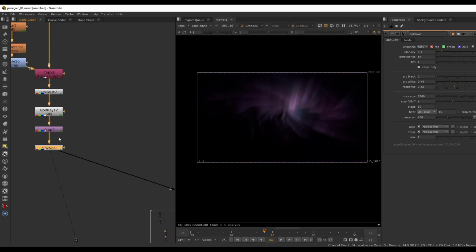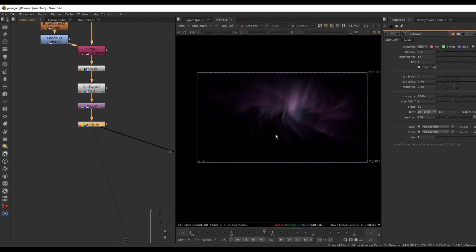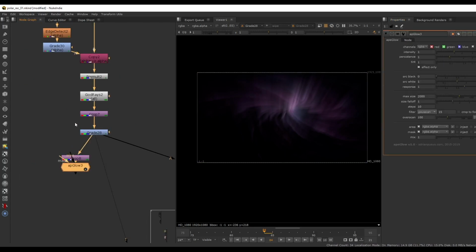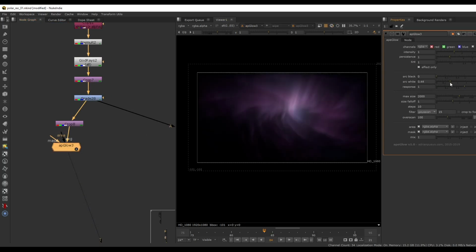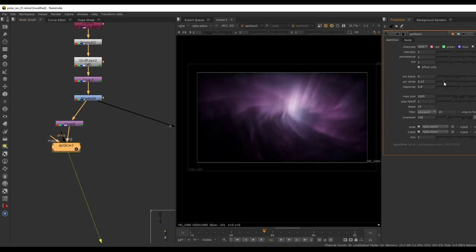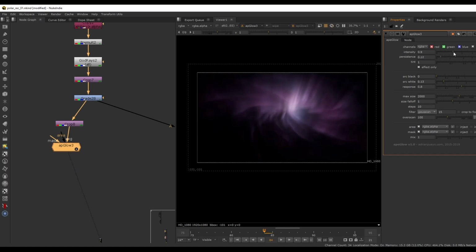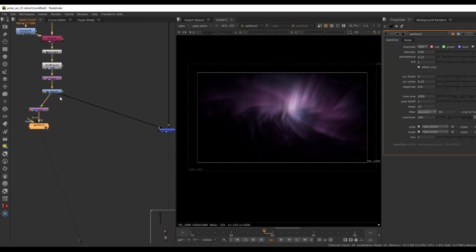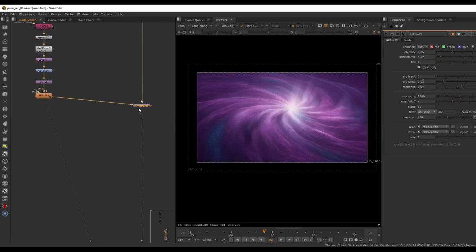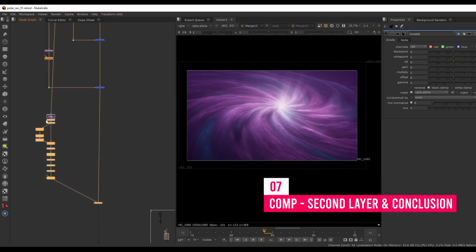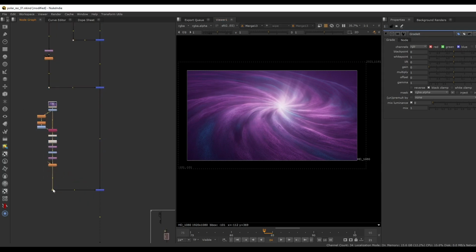Another thing we can do with this Godrays node is also run a glow pass on this as well. So if we do another crop and an AP glow on this Godrays layer, we end up with something like this. So this can also be something really cool that you can do. Maybe increase the persistence, or maybe in this case we might want to use a lower persistence. So maybe actually I will use this result instead. So I'll just point the merge layer to the AP glow, and I think this might give us a better result. So I think we're good to go with the main layer for our particles,